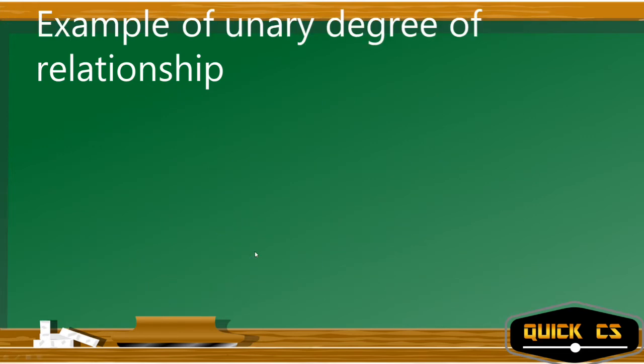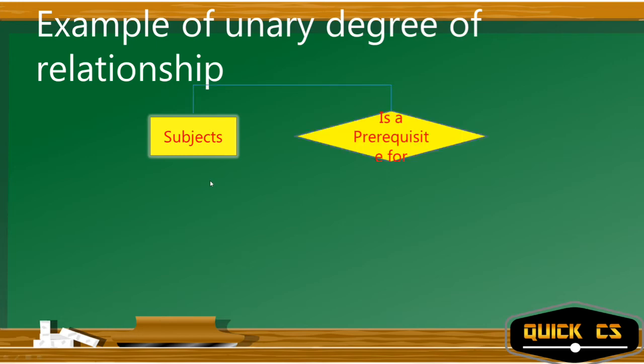Let's say there is a entity type called subjects. Okay. Now one subject's entity type will contain multiple subjects. And what is the relationship? The relationship is prerequisite for. All right. Now let's say in engineering, we have got two subjects. First year we have got applied mathematics 1. And in second semester, we have got applied mathematics 2. Now, what do you mean by is a prerequisite for? Basically, you need to know applied mathematics 1 to learn applied mathematics 2.